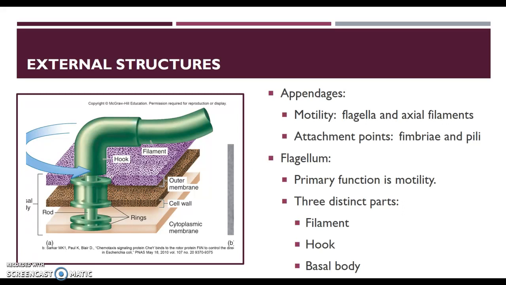So the image that you see here is the basic structure of a bacterial flagellum. Its primary function is movement, and it has three distinct parts included in the structure. The first part is the filament, and this is the part here that extends out away from the cell and creates the motion. The hook you see here is where the filament attaches to the basal body,